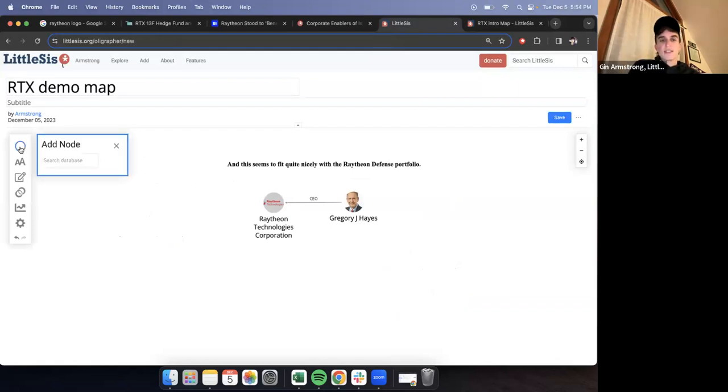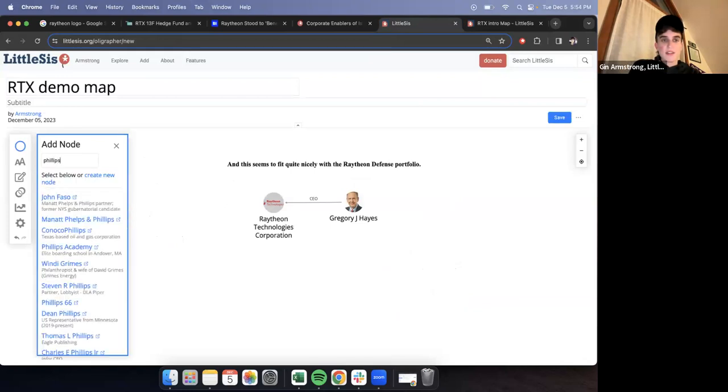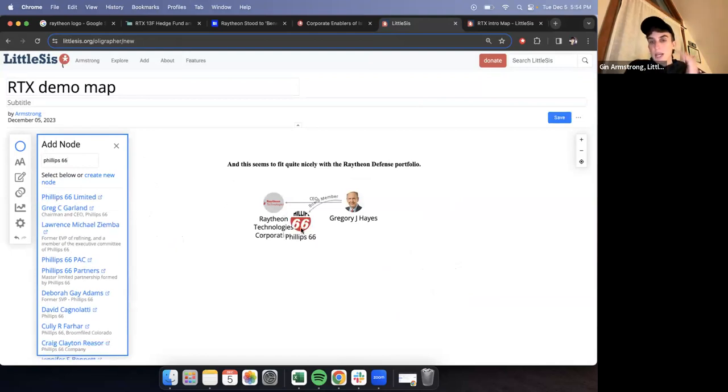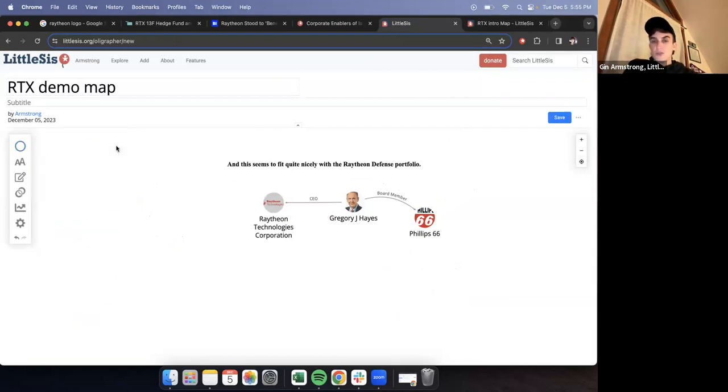So for instance, I know that he is a board member at Phillips 66. And so I could go in and add that node in. I'm going to just select it, and because this is in the Little Sis database, it will automatically populate. Now I could do that for a bunch of different connections, if I just know them, or I can reference the Little Sis database, or what I can do is